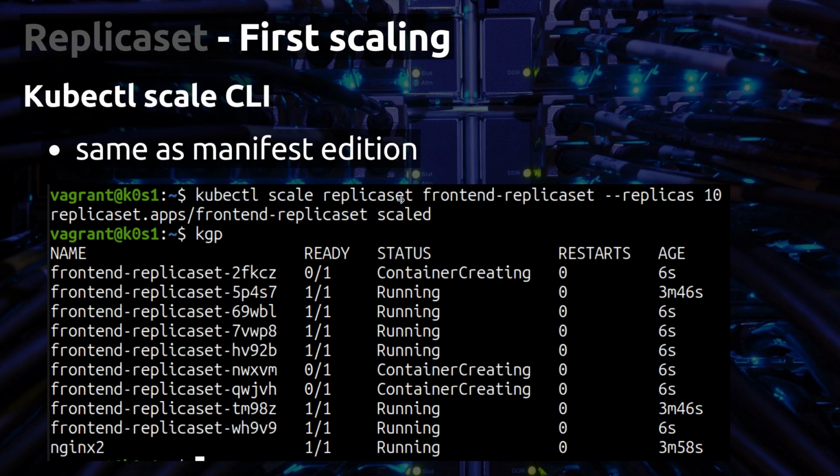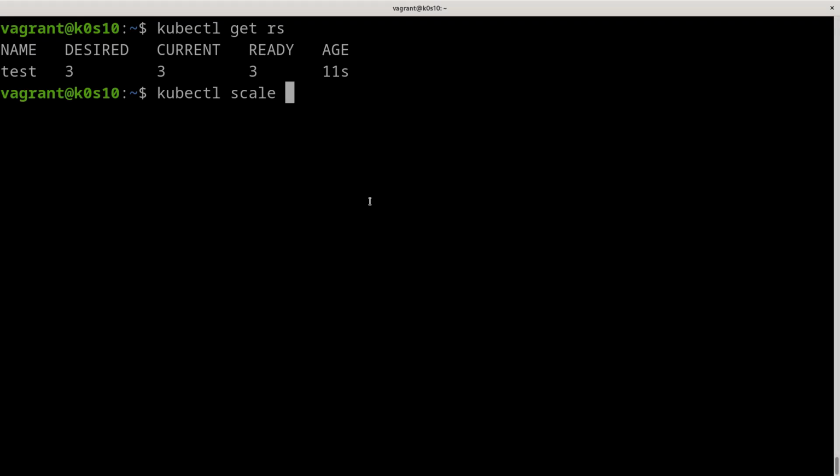So you can scale some objects, like a replica set, a deployment, or a stateful set, based on scaling, of course. You can't scale, for example, a service. So we want to scale the replica set, and the name of this replica set is test, and I want to change the number of replicas